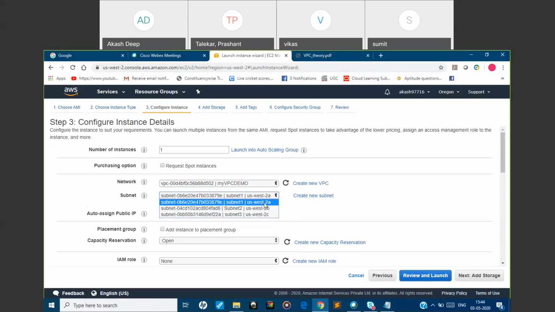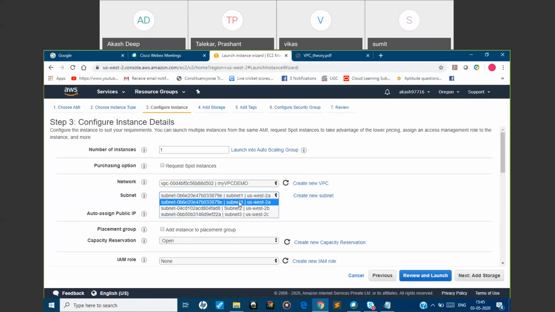And you need to remember which one you had made public and which one you had made private. So one as public and the remaining 2 subnets as private, right? So what is our intention now? We will be launching a single instance in each subnet, and we'll try to access from PuTTY, so that we can see whether I am able to log into those instances or not.